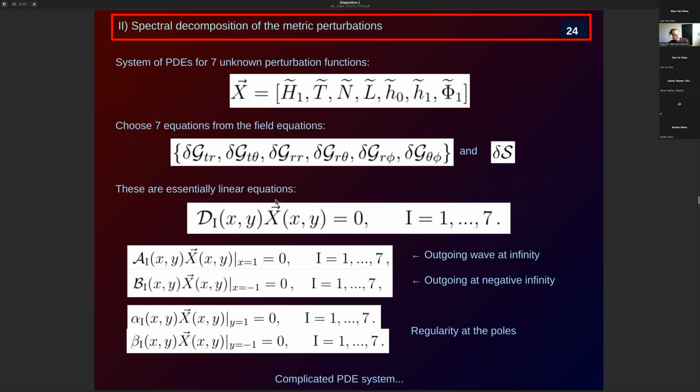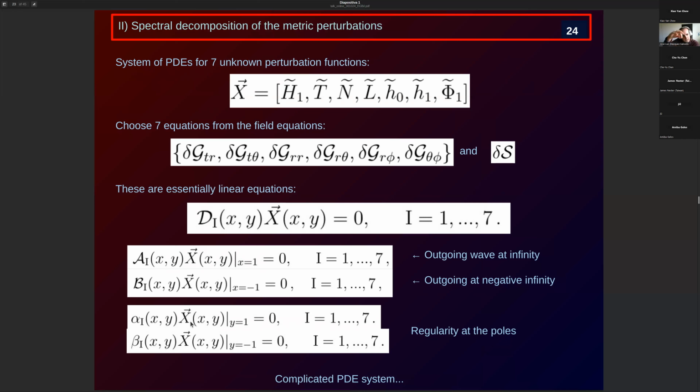But you have to give some boundary conditions in order to solve the system. What do we want to do? We want to study the ringdown. So what we want is to study gravitational waves emitted by this black hole out of equilibrium. So the physical boundary condition that we want to impose is that the perturbations are outgoing at infinity, so the object is radiating waves to us. And we have a horizon, so wait, this is wrong. It has to be ingoing at the horizon, the other condition. So you have a horizon and nothing can go out of the horizon. The gravitational wave has to go into the horizon.